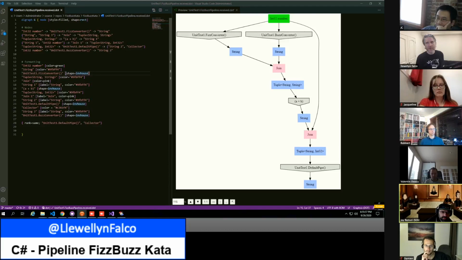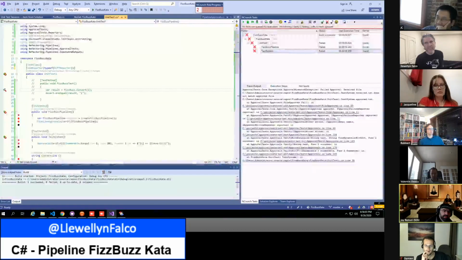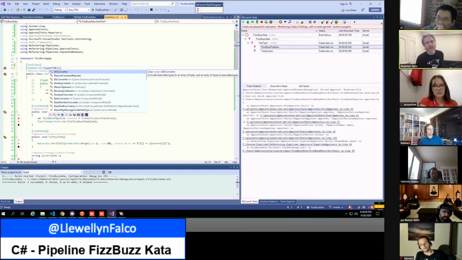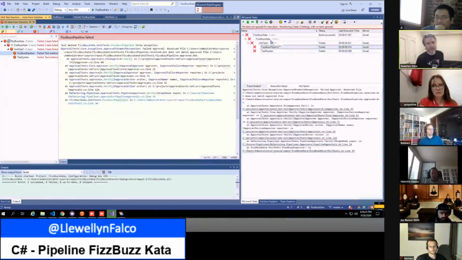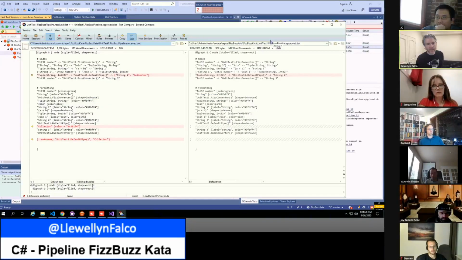Okay. And actually, you know what? If you change the type to Beyond Compare reporter, and physically run the FizzBuzz pipeline test, it should open this in Beyond Compare. There. Okay, so now this is actually helpful for me to understand what changed, right?